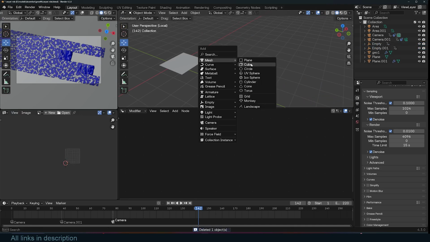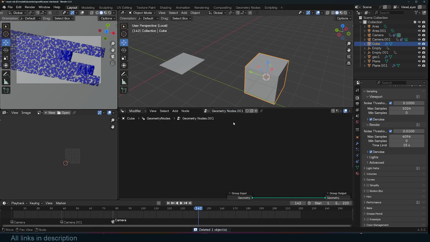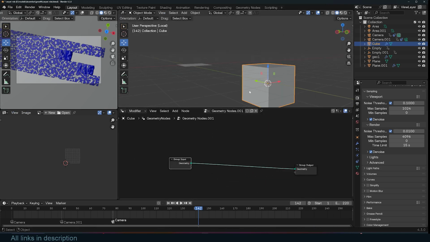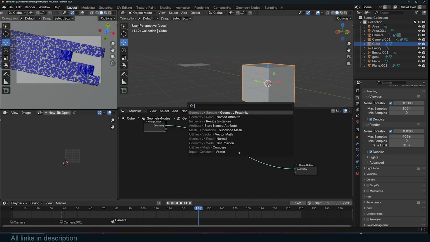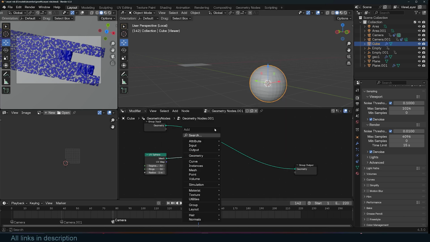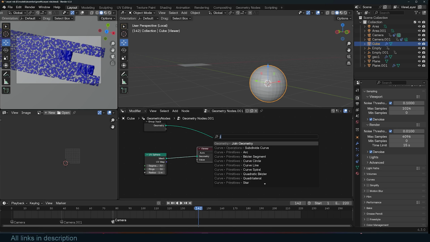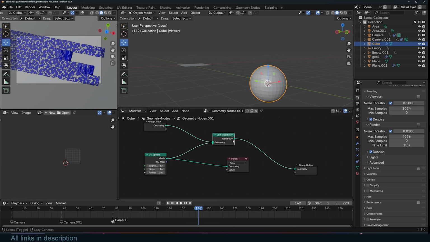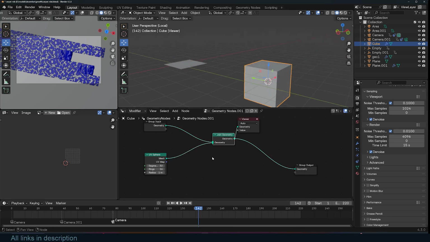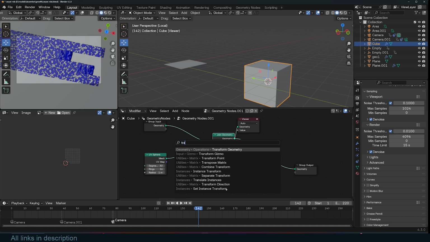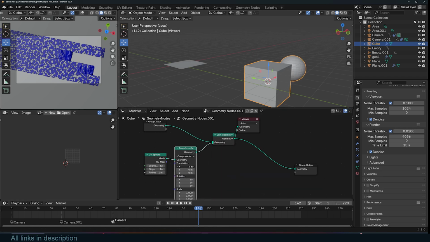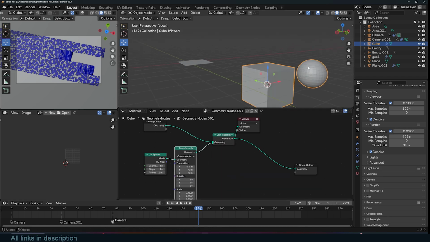Or similar to what geometry nodes does, if I create a geometry node setting, this now becomes a container for everything that I'm doing here. So I can even add a UV sphere and now maybe join it using the join geometry. So this has become a container itself. Let me transform it. This has become a container of the geometry,